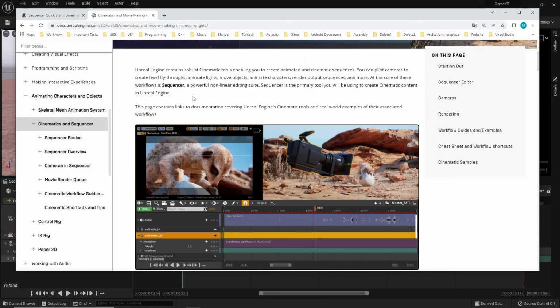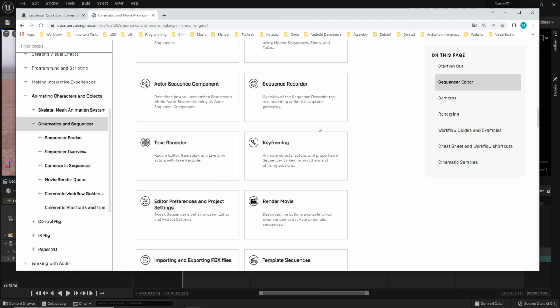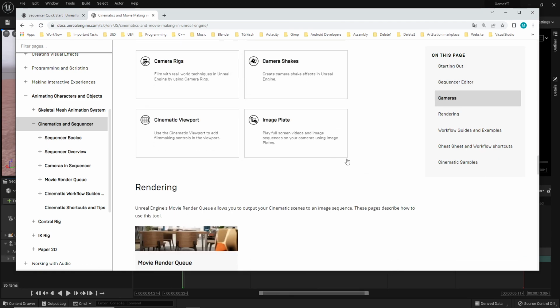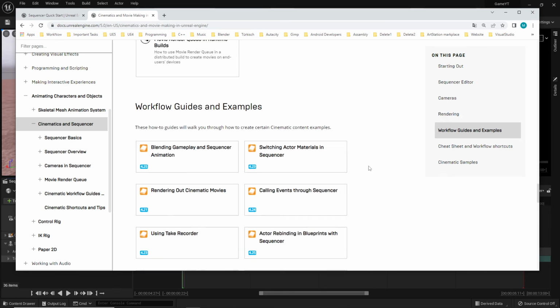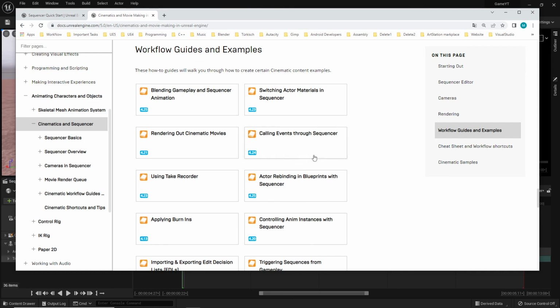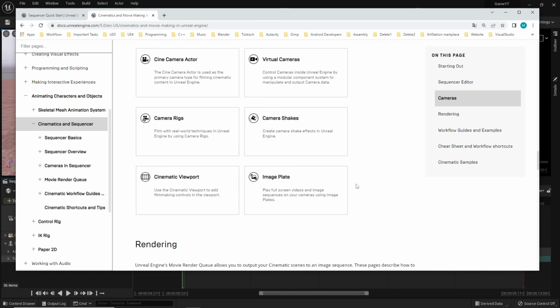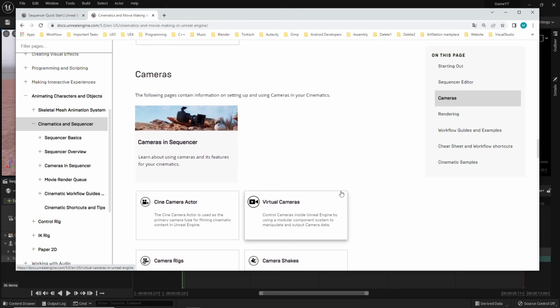If you want to dive deep into it, you have to go to the real documentation page where you can see there are many parts to discuss and read about. But careful, of course, this is how to use all different techniques and so on. But at the start, you don't need that much. But if you want to get good in filmmaking, in trailer making, then you can start reading a little